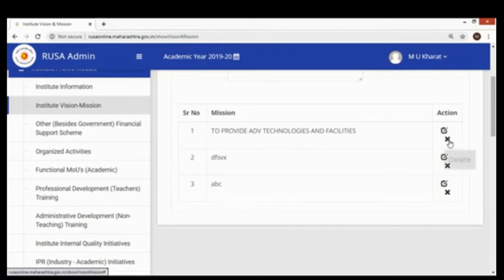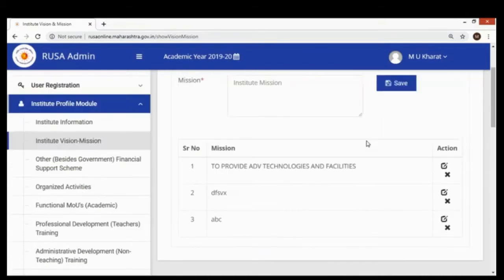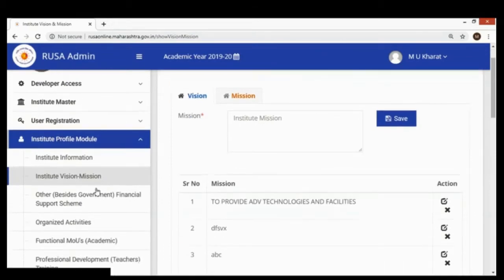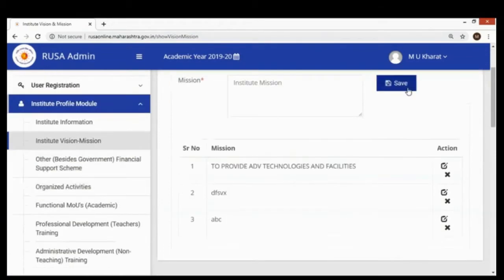If you have achieved something as a mission, and you want to delete that mission and add a new mission, you can delete that mission statement through this particular tag over here and add the new mission. Okay, so mission and vision statements you can add into the system, save that and proceed further. Then